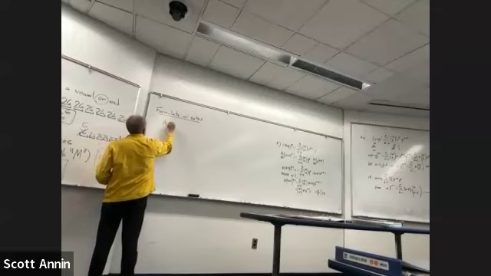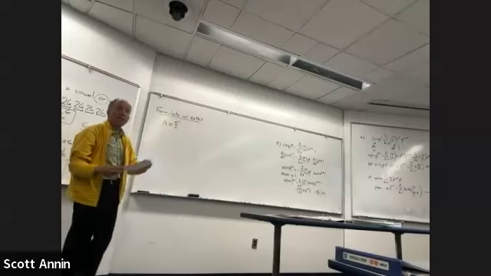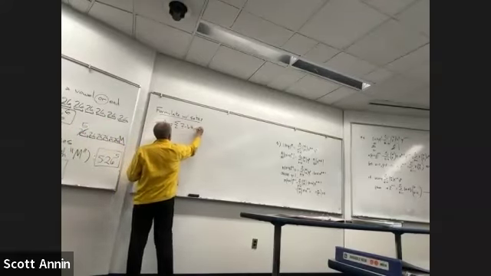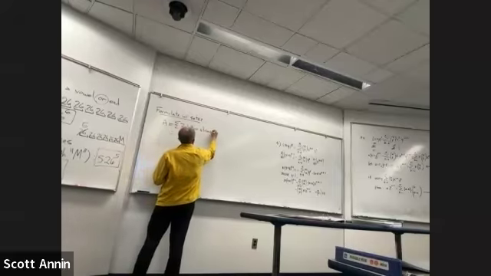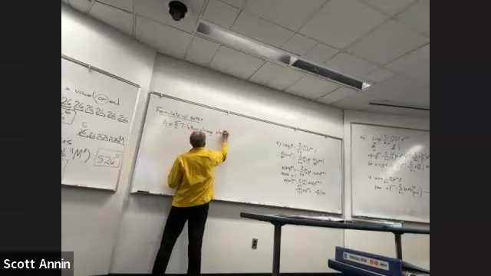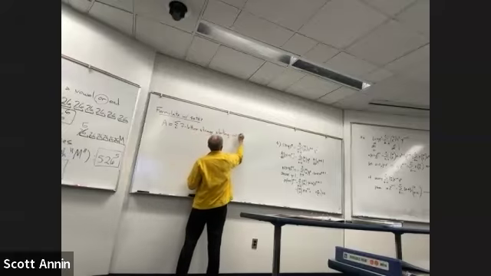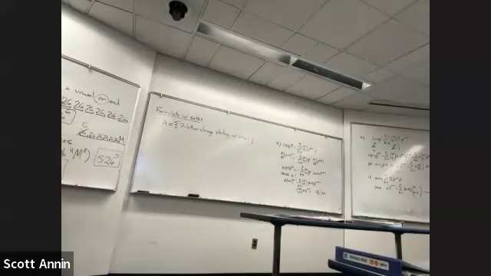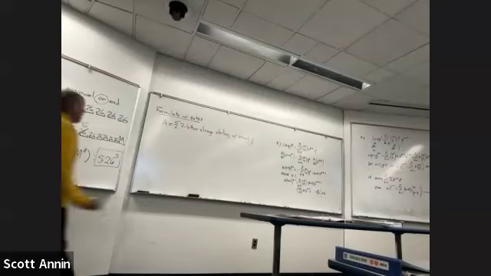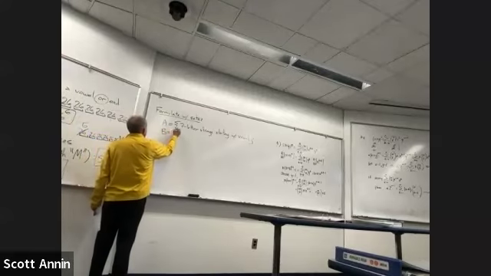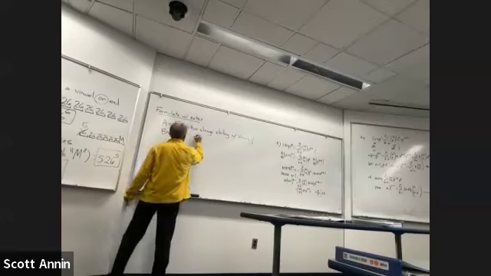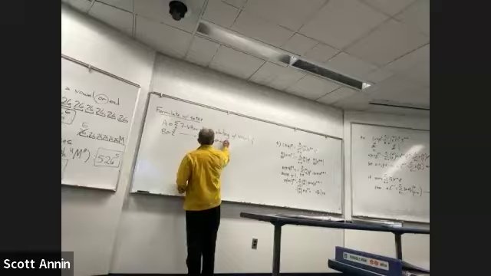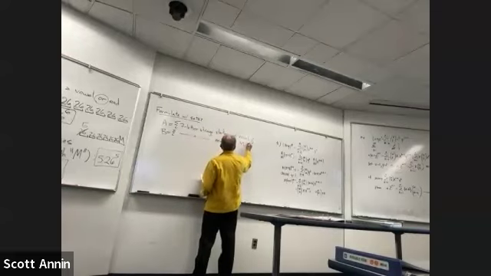I could create a set capital A, and this would be the set of 7-letter strings starting with a vowel. So that would be the set A. And then we make another set, which would be B. I'm gonna do it right below it. I'm gonna use this little ditto symbol so I don't rewrite everything every time. But this is the set of 7-letter strings ending with an M.